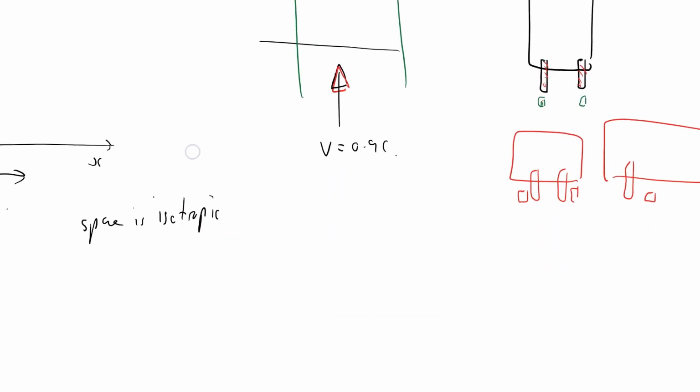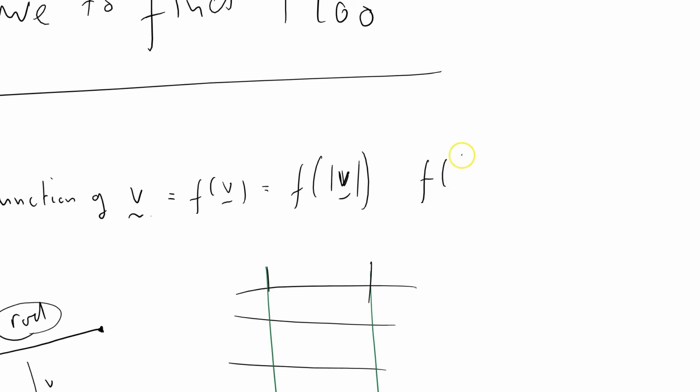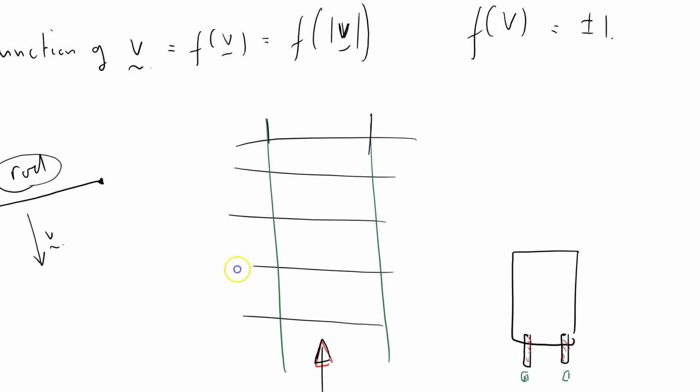Okay, so that's the first part of the proof, and now what I want to show is that f of v, where v equals the modulus of v, equals plus or minus 1. How do I show that? Well,